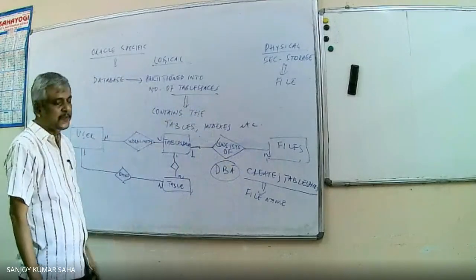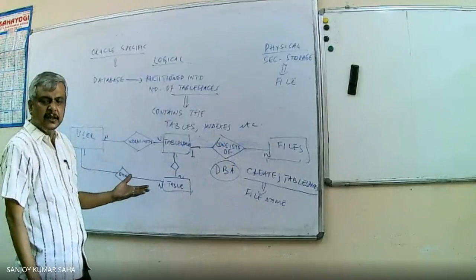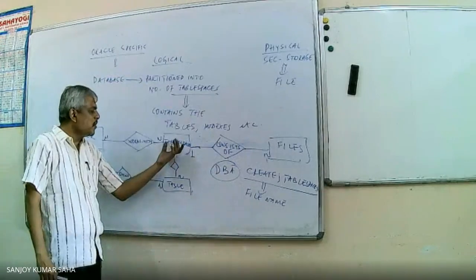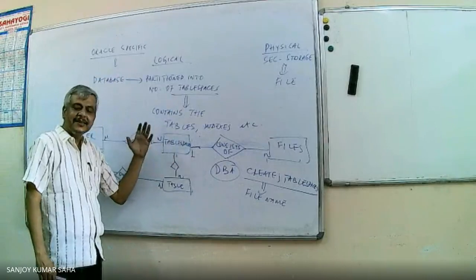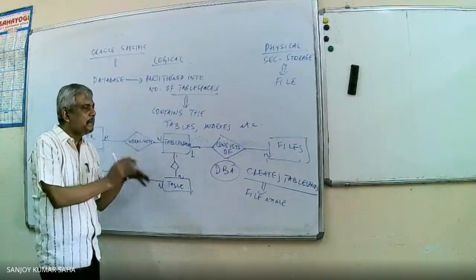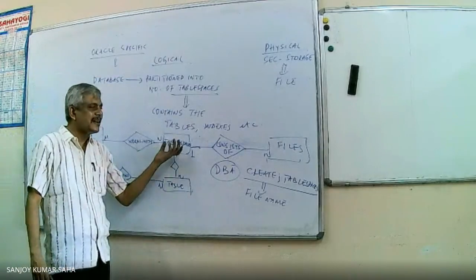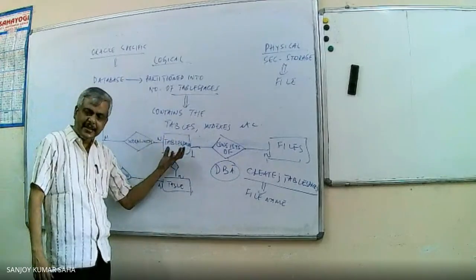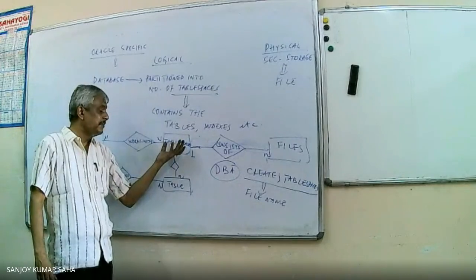Now, with this concept of tablespace, normally what happens? In the industry, you are working in the same Oracle database in your organization, say 5 projects are going on. So we can logically partition one tablespace for one project. At the tablespace level, there is some export-import facility in Oracle. So whenever I want to transfer the definitions from my side to the client side, I can export at the tablespace level. You can import at the tablespace level. You can take the backup at that tablespace level. So that's the utility of this division into tablespaces.